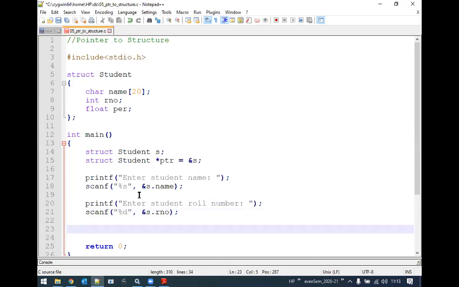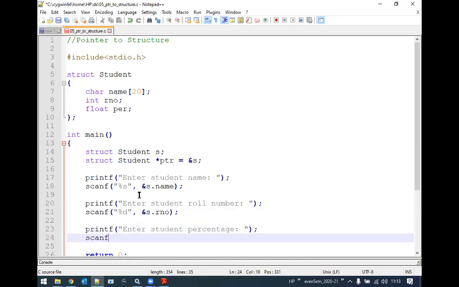Correct? Then the next statement will be printf, enter student percentage. Then read the percentage also using the scanf statement, and the format specifier this time will be percentage f, then ampersand s dot per.